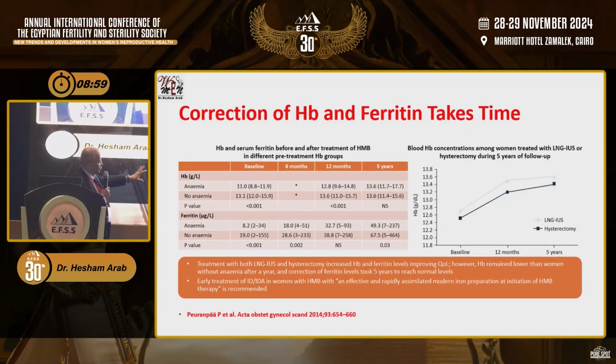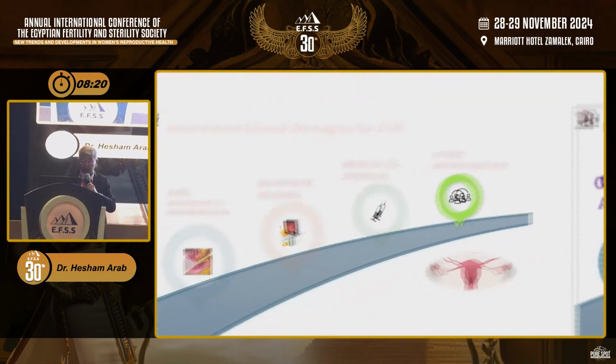This is a very interesting study that I came across, published in 2014. Patients with heavy menstrual bleeding received two treatments. One group was given hysterectomy, and the other group was given Mirena. But they never managed the anemia itself. What happened? The bleeding stopped, that's fine. But patients took about 5 years to correct their anemia, to have their ferritin and their hemoglobin back to normal. Five years. So this shows you these patients were having all these troubles for 5 years.